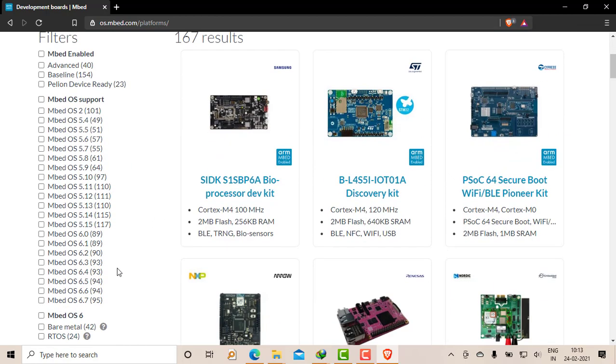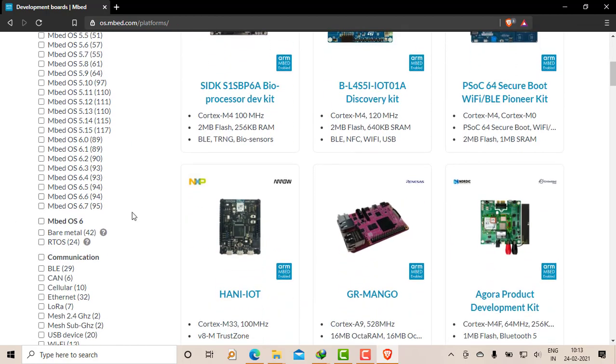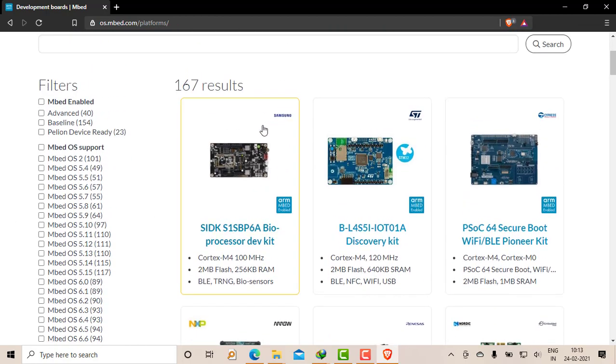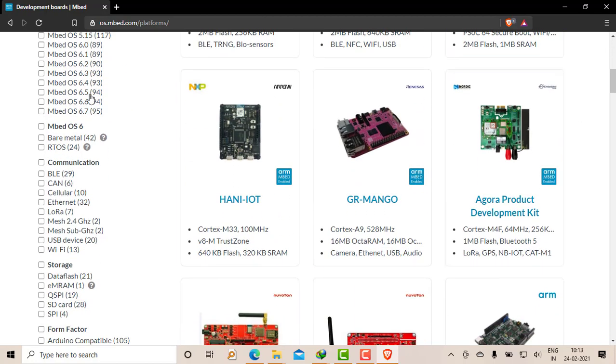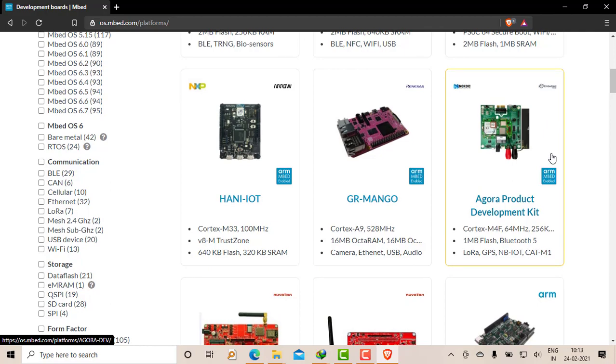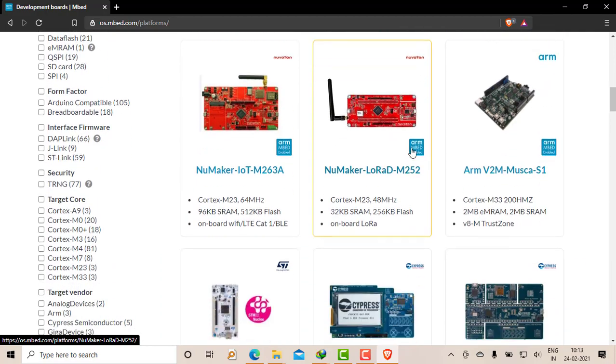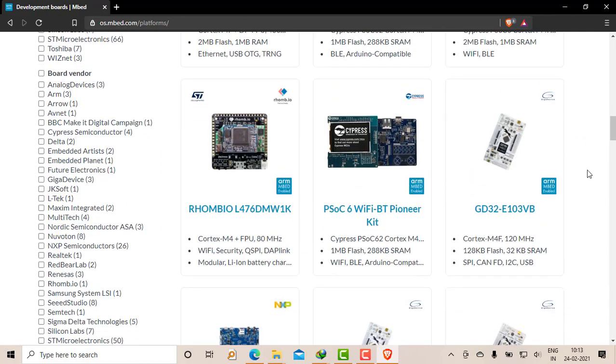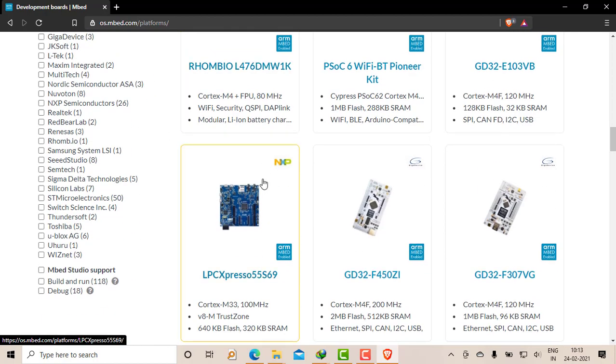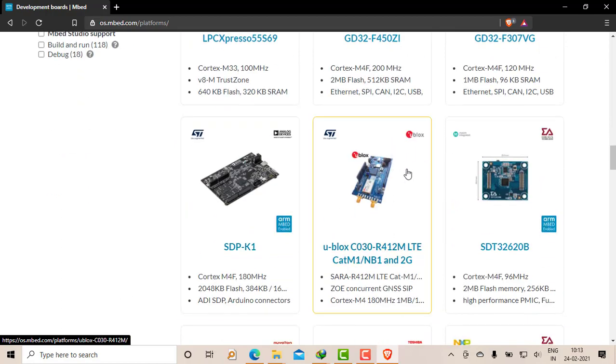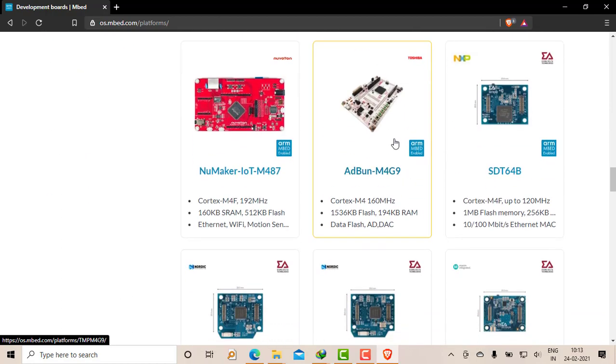Here the current version is Mbed 6.7. Then Samsung, STMicroelectronics, then Cypress, you can do Nuvoton, Renesas, Embedded for you. Then we have ARM. Then Rohm, then we have NXP, Expresso, u-blox. Toshiba is there.